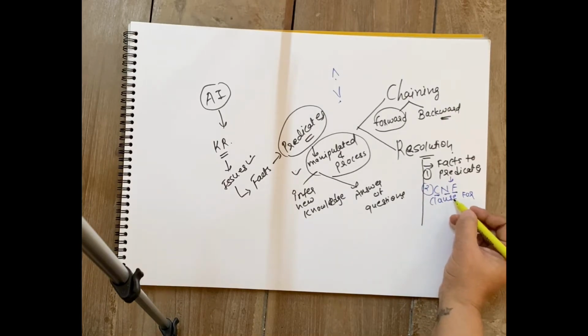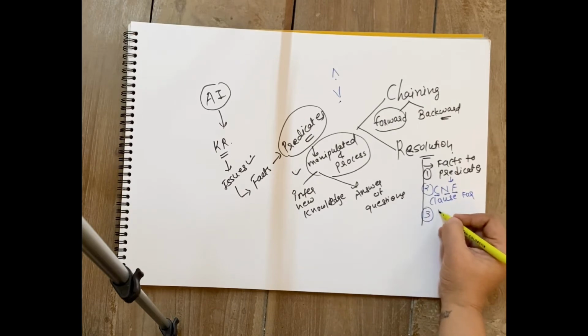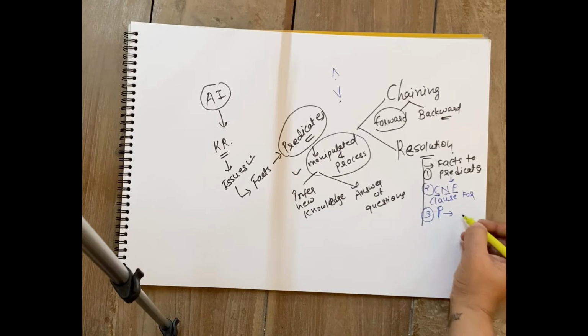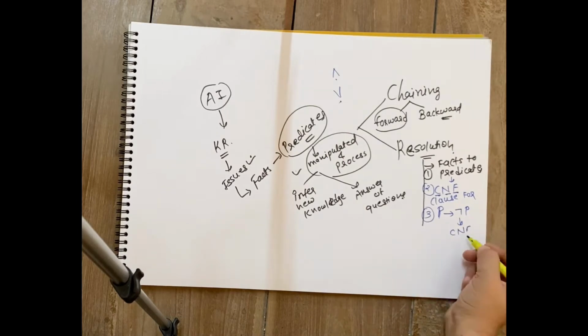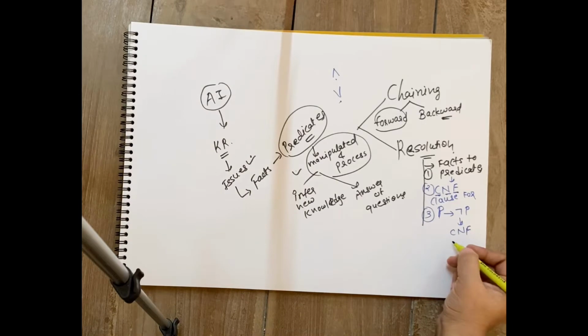After converting predicates to CNF form, the third step is we will identify whatever goal we have. Let us say we have a goal called P, or we have a question that we want to ask as P. Then what we are going to do? We are going to first of all negate P and then convert it again to conjunctive normal form. Okay, why to negate we'll see just after this. And after this we are going to apply resolution.